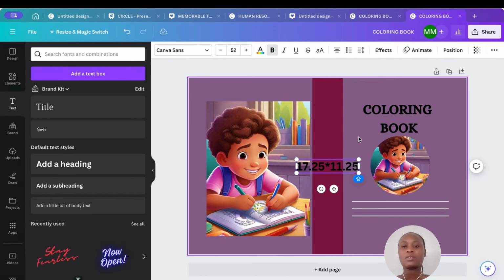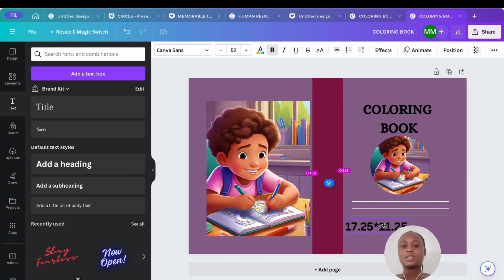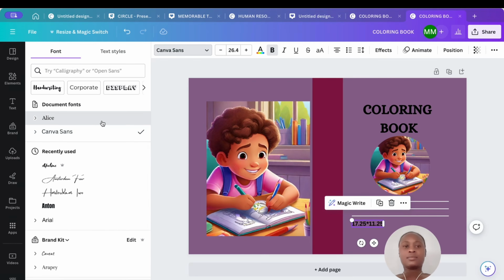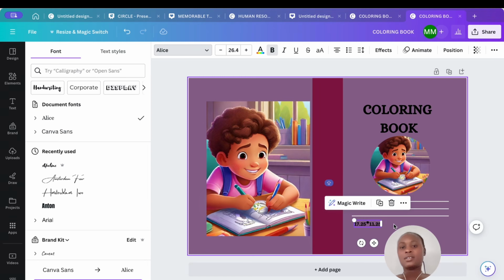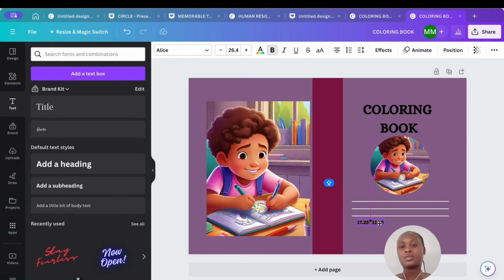Okay, then we're going to bring it right here and reduce the size. You can change the font to any font that you want. You can change it there. There you go. You can put it right here or right here, as long as it's in the lines, the pink line. Make sure everything is within the pink line,